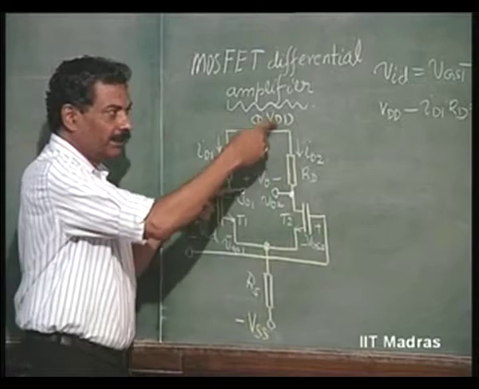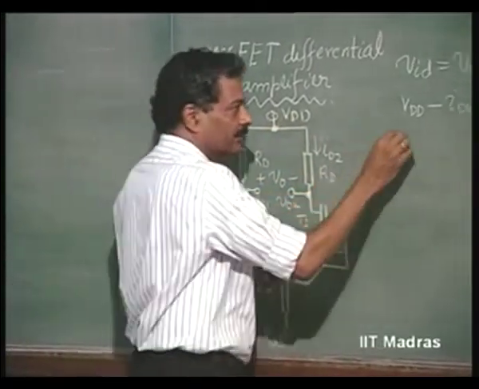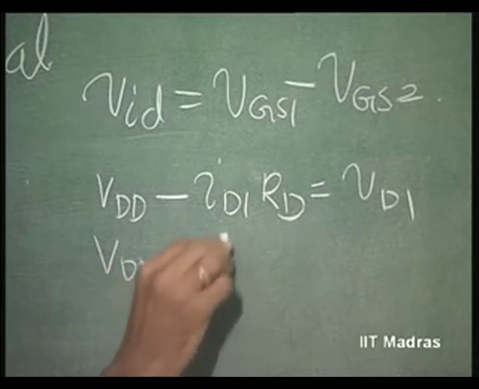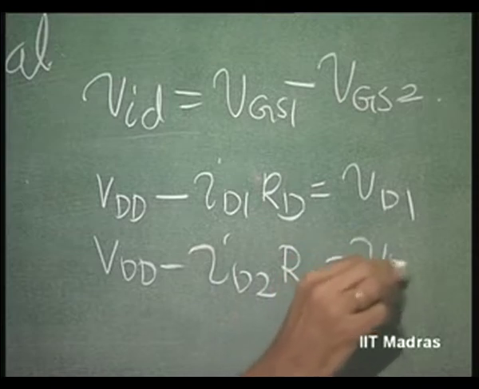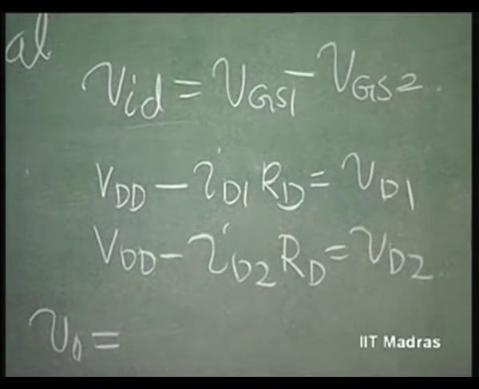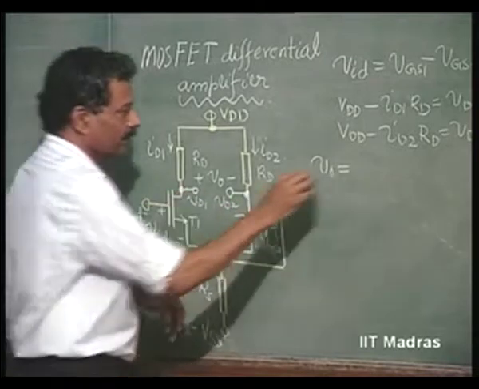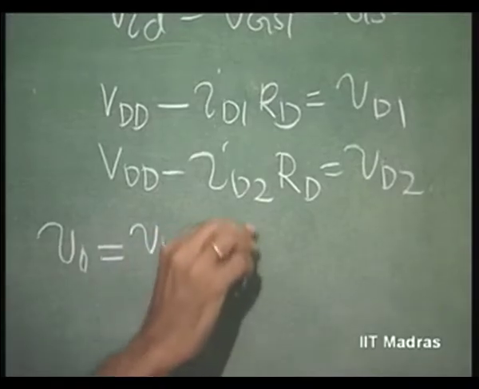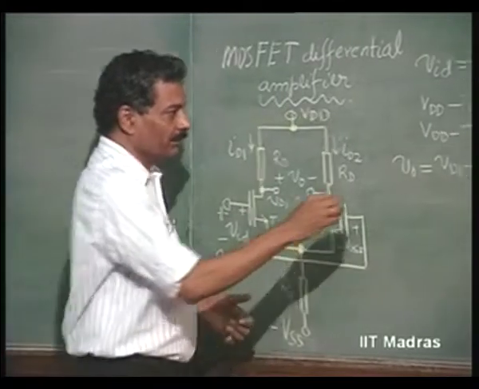Similarly, VDD minus ID2 RD is equal to VD2 at an instant of time, and V naught is equal to VD1 minus VD2, as defined here, which will be nothing but,